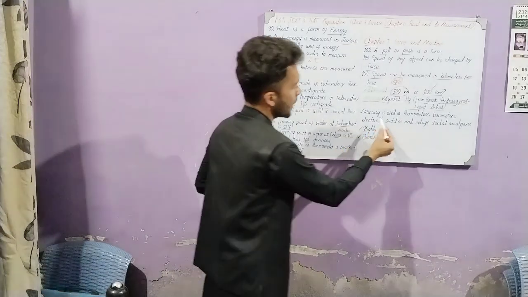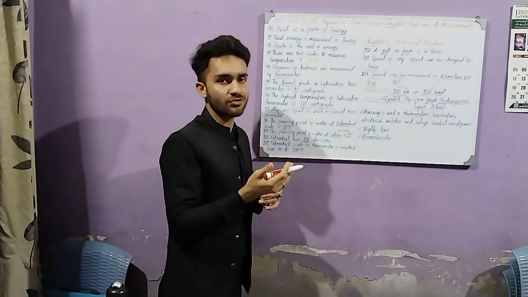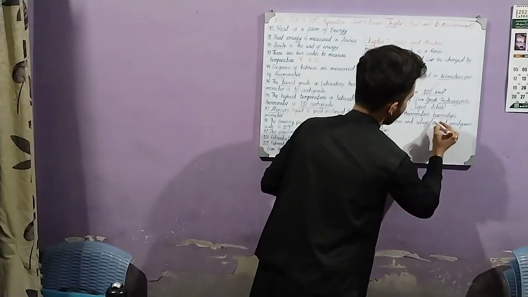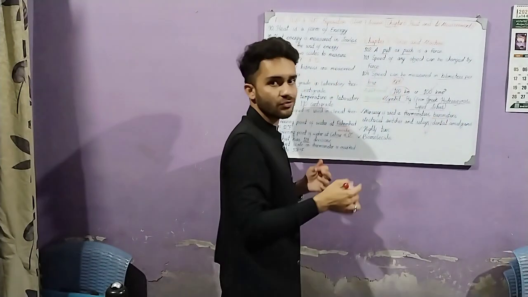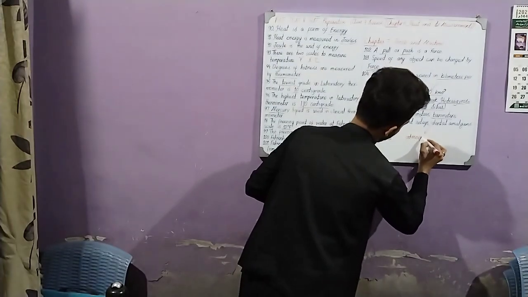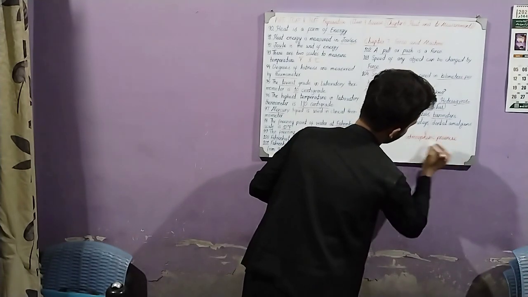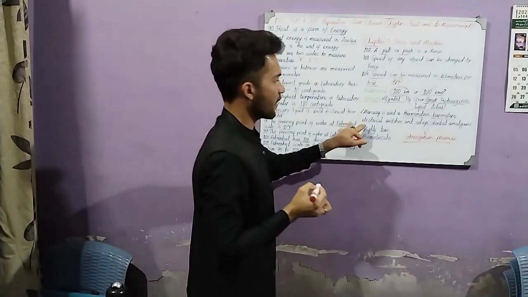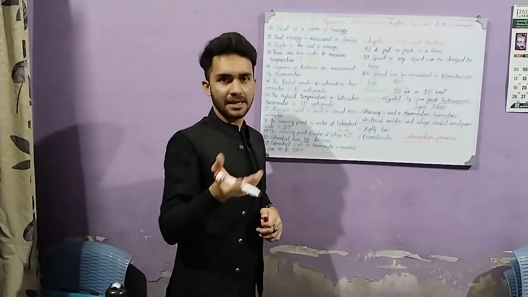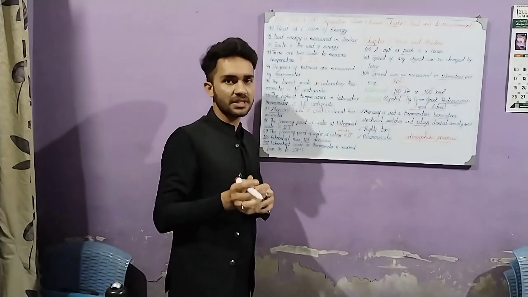Something more about Mercury. Mercury is used in thermometers, which, as we understood, are used for measuring the temperature of our body. And barometers. What are barometers used for? Barometers are used for measuring atmospheric pressure. Mercury is also used for electrical switches that we use in our daily electrical appliances. And it is also used in relays. Relays are also connected with electricity.